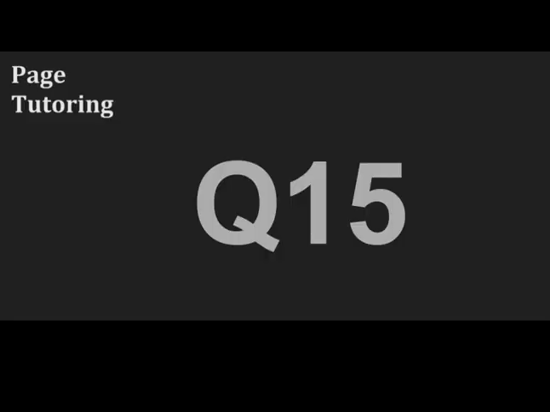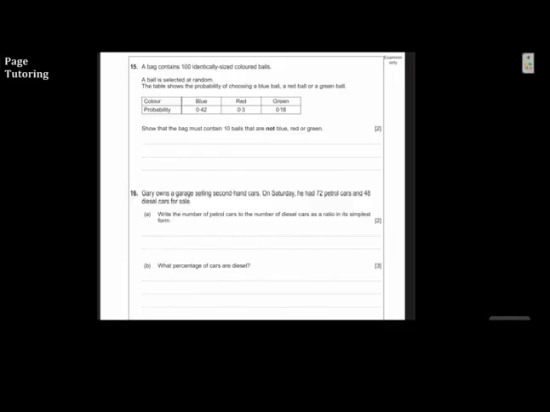Question 15. The bag contains 100 identically sized coloured balls. Eduqas and most maths facilitators really love the idea of just like a little bag full of marbles or balls or a mysterious object. And usually when you see this, and as you'll see as the question continues, this is a probability question. So a bag contains 100 identically sized coloured balls. A ball is selected at random. The table shows the probability of choosing a blue ball, a red ball, or a green ball. Show that the bag must contain 10 balls that are not